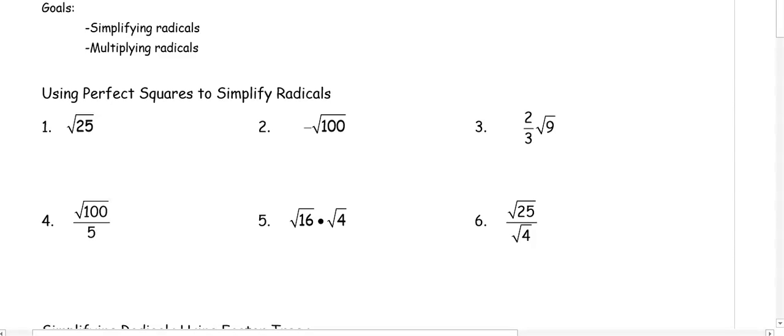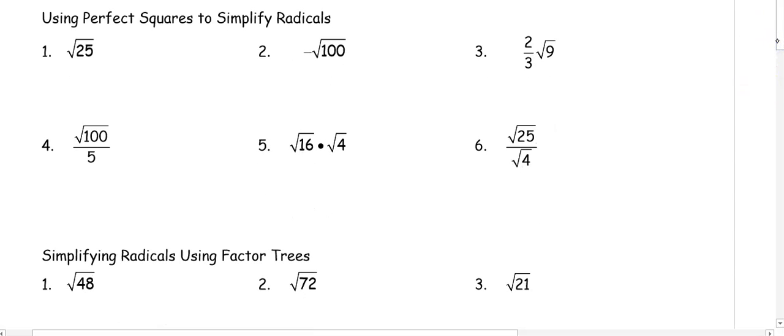The goal of this video is to simplify radicals and multiply radicals. So first we're going to start with a review of simplifying radicals that are perfect squares. When something is a perfect square, that means a number times itself is going to get us the number under the square root. So for example, if I break down 25, remember we break it down to 5 and